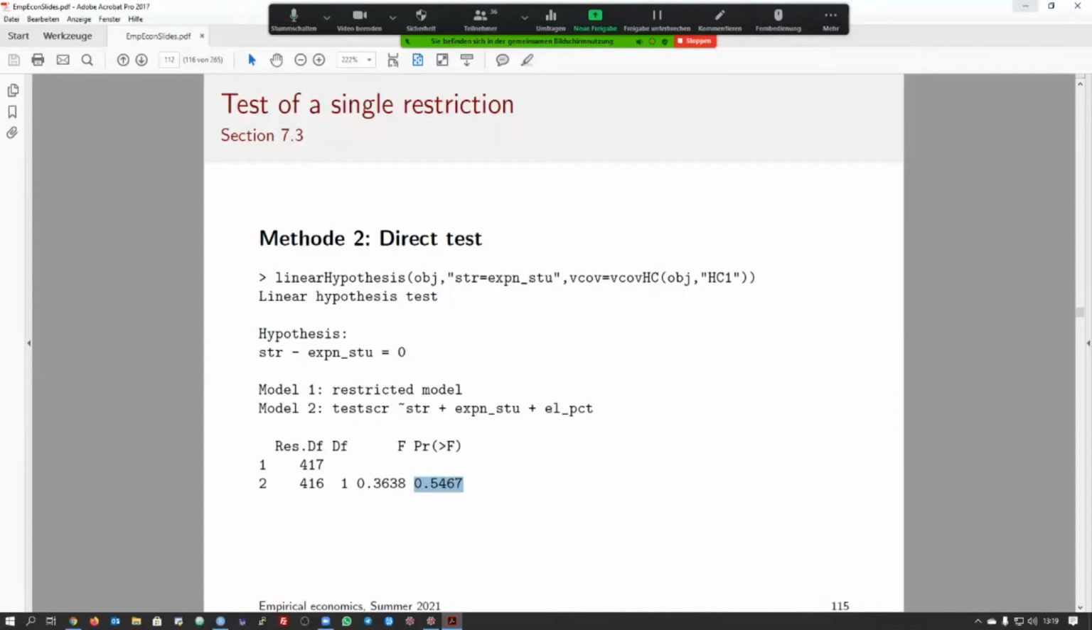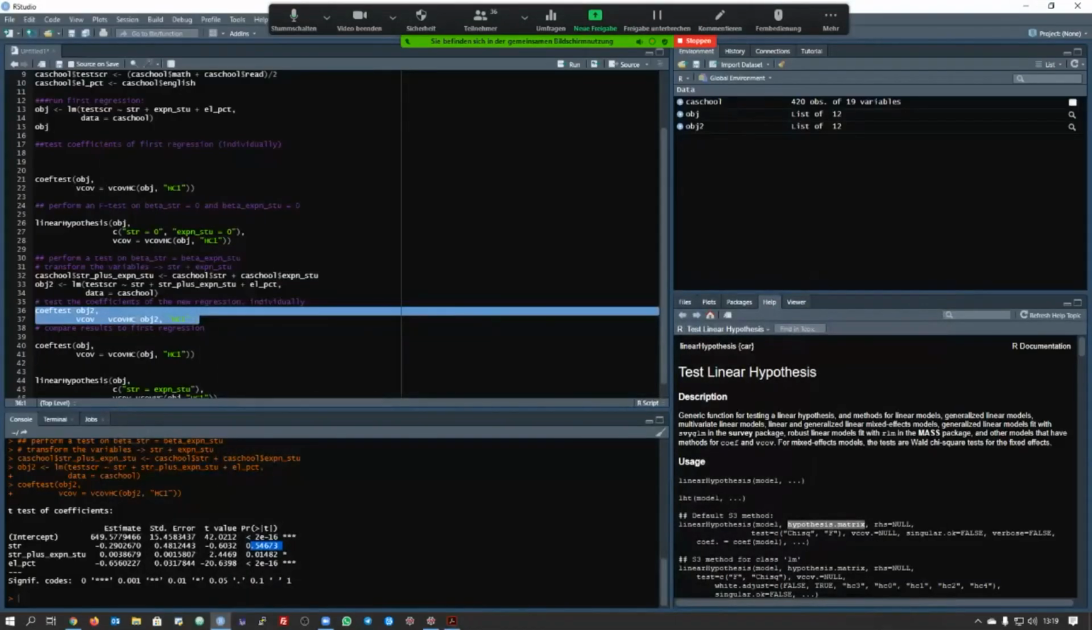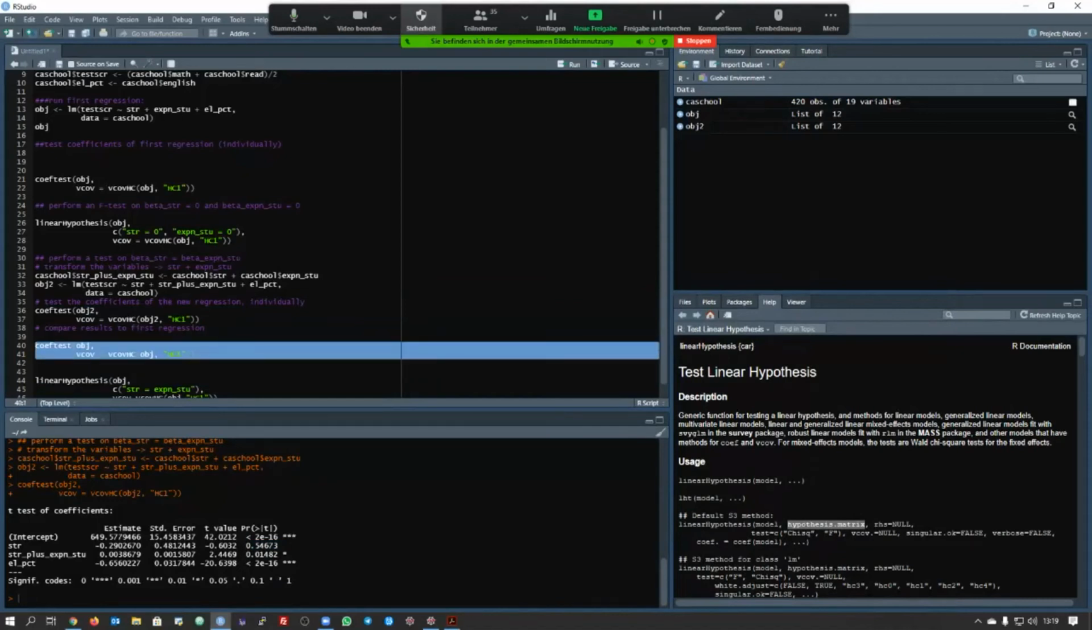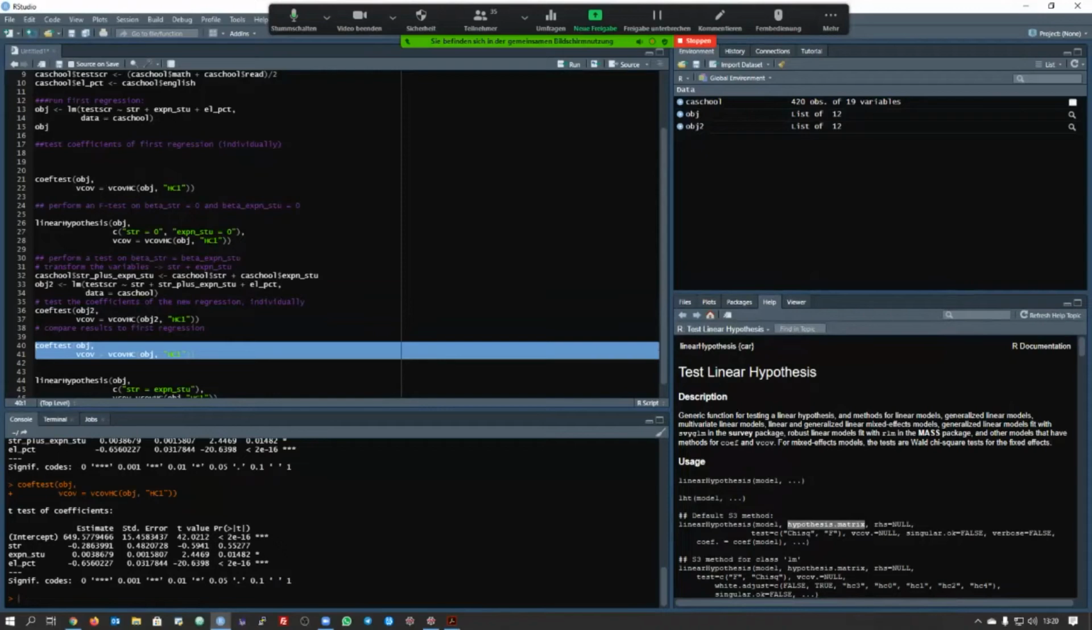0.5467. Additionally, have a look at the coefficient of student-teacher ratio plus expenditure per student, that is 0.00387. And that is exactly the same as the coefficient, let me just run that, we have seen for expenditure per student. So the same value we obtain